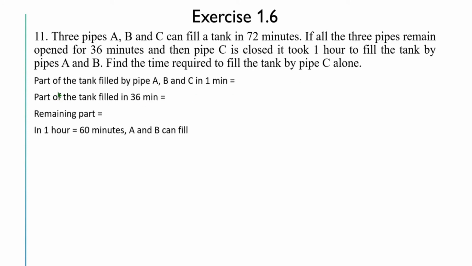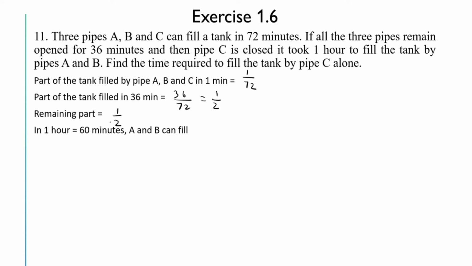So from this we can find part of the tank filled by pipe A, B and C in 1 minute will be 1 by 72. Then the part of the tank which is filled in 36 minutes will be equal to 36 by 72. That is equal to half. That is, when all the 3 pipes remained open for 36 minutes, half of the tank was filled. So remaining half was filled by A and B alone, and that too in 1 hour. So the remaining part of the tank to be filled was half,